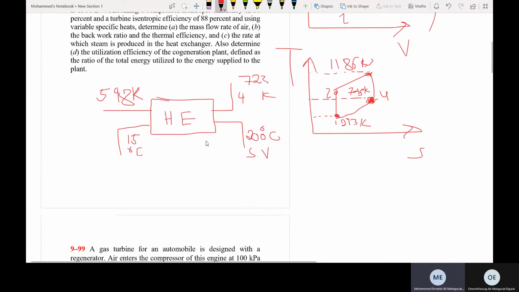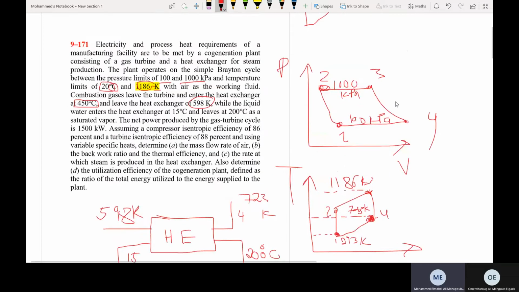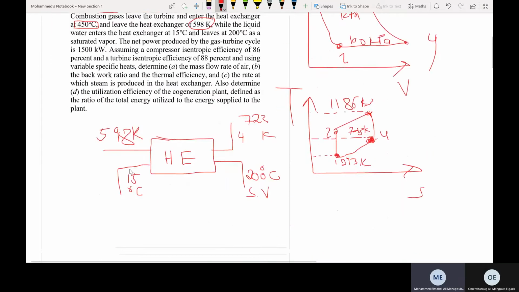So the only devices that can change the pressures are, as I told you, compressor, turbine, nozzles, diffusers, and these things. But heat exchangers, ducts, and also mixing chambers cannot raise the pressure of the fluid. So for the saturated vapor here, we can get the saturated pressure. It's going to be P sat